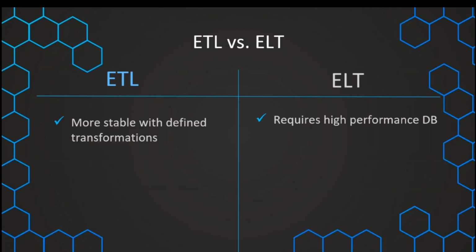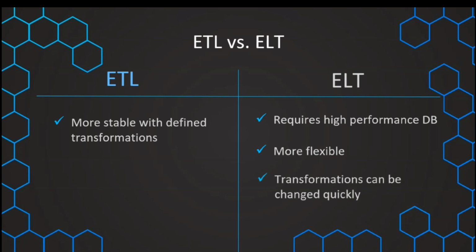With an ETL, we have just defined our transformations, and the data will be loaded as we have defined them. With that, we have very stable data transformations, which can of course be a benefit. But with the ELT, when we are not very sure about what transformations we should use and we want to be more flexible because the transformations could change from time to time, we can benefit from an ELT. Those transformations can be changed very quickly. We always have the raw data available as it is and can quickly, on the go, change